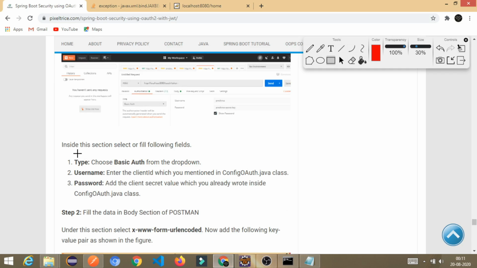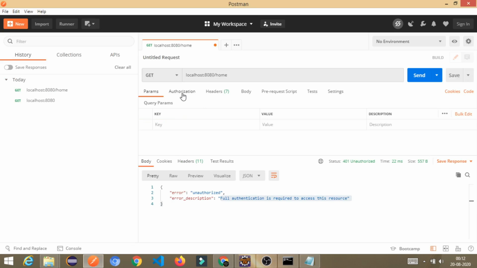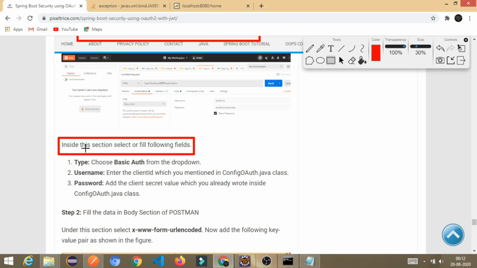Now go inside the section, select or fill the field. So step number one, open the Postman and add the data in authorization section. So go to the authorization section. This is the section. Inside this section, select or fill the following fields. In the type, you have to give basic auth.